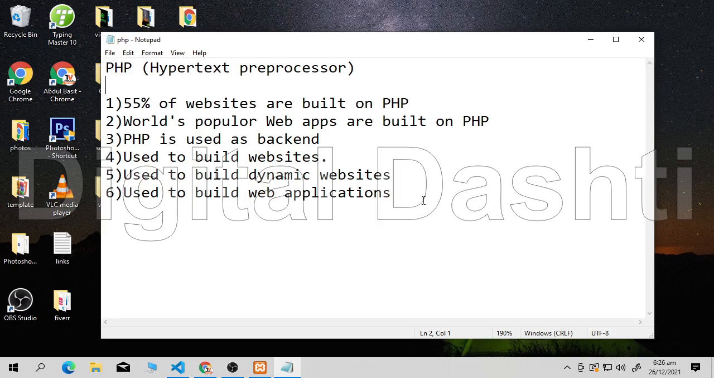Now the second point is the world's popular web apps are built on PHP. What's the meaning of web apps? It means web applications. We have two kinds of webs, we have websites and we have web applications. What is a website? Whenever you open a website on the internet, some websites do not require you to log in or create an account, and some don't allow you to enter their website to watch their content